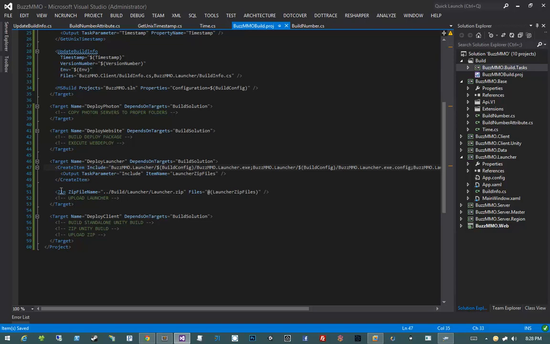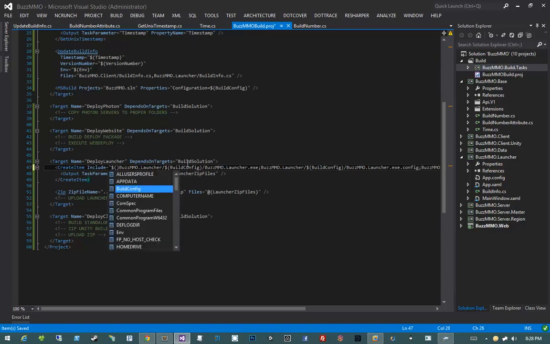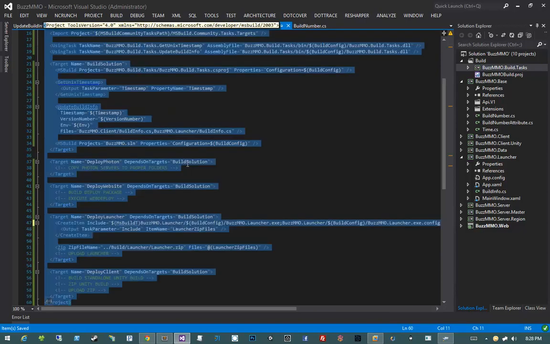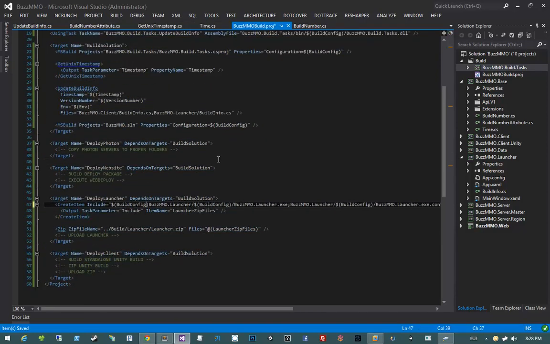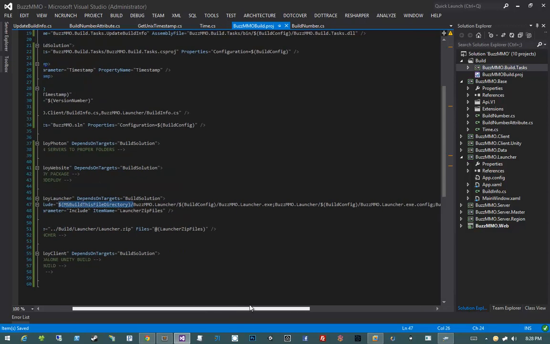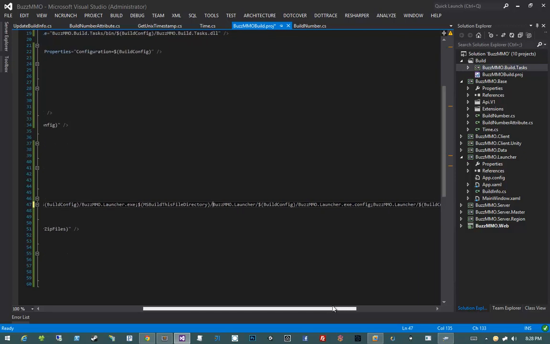Let's go ahead and absolutely reference these files. To absolutely reference these files, we simply have to prefix everything with ms build. So, whoops, that is not what I wanted. ms build, and then we want to pass in ms build this file directory, and then a /. So this will reference this file absolutely, as opposed to relatively. Now let's go ahead and give the same treatment to this,